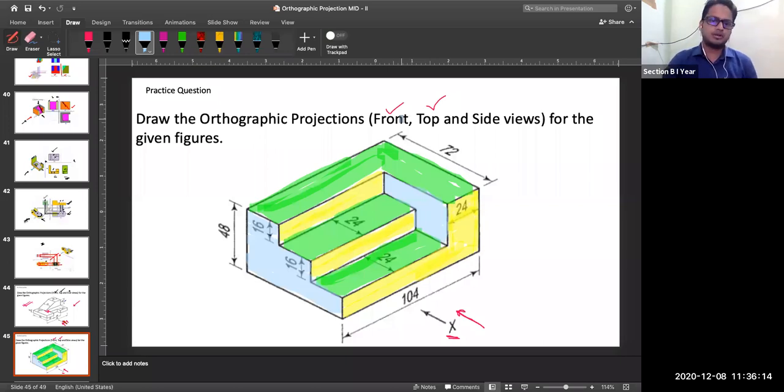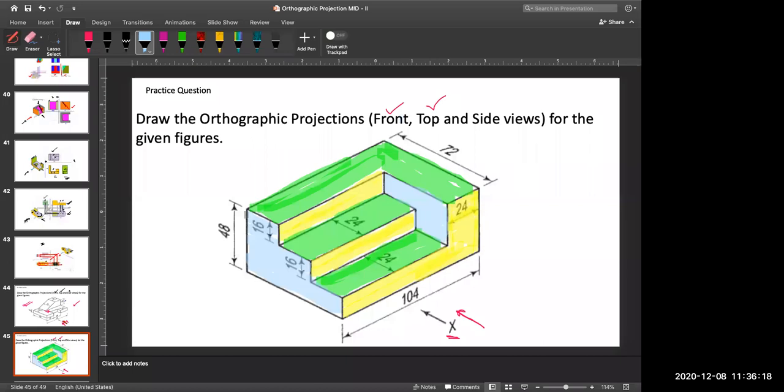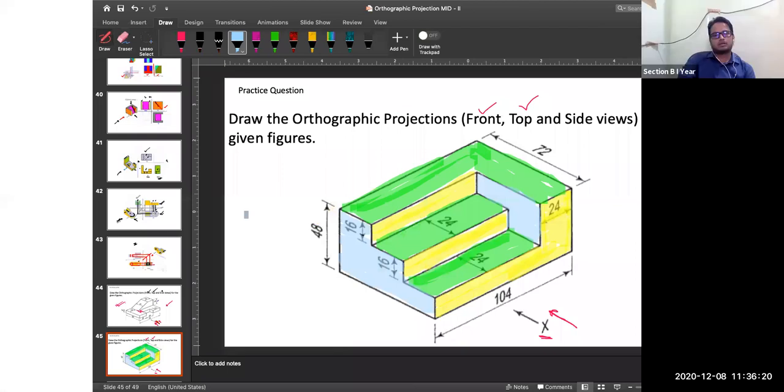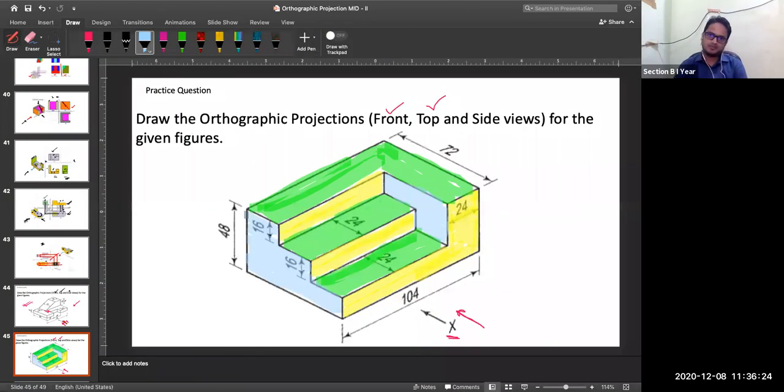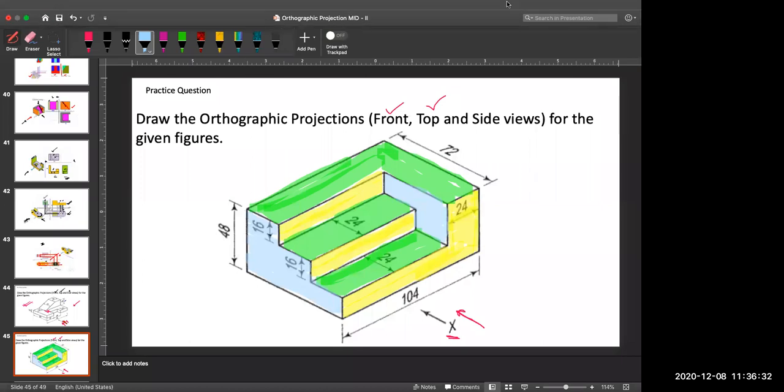You draw the solution for this problem and submit it in your classwork submission 2.